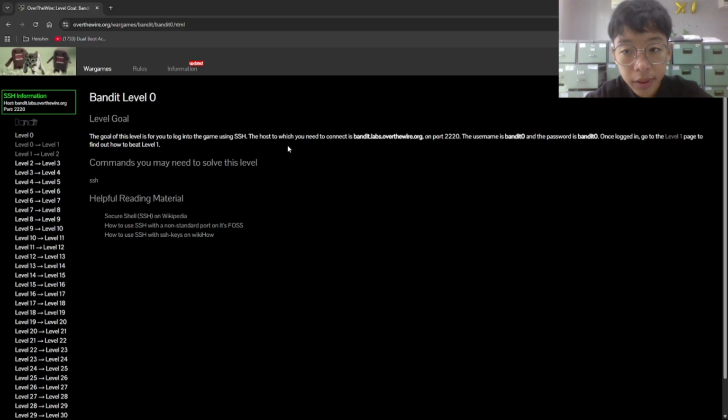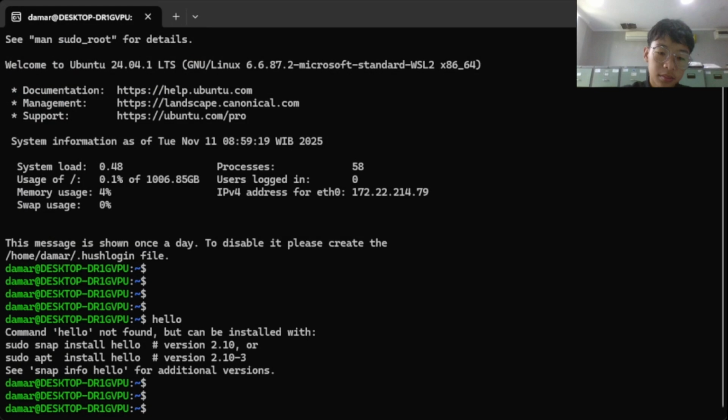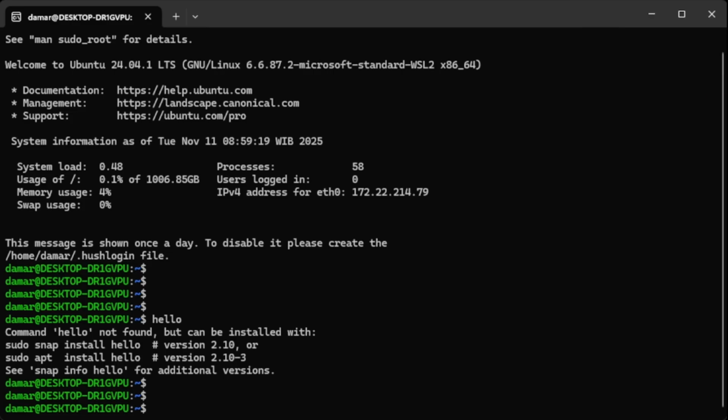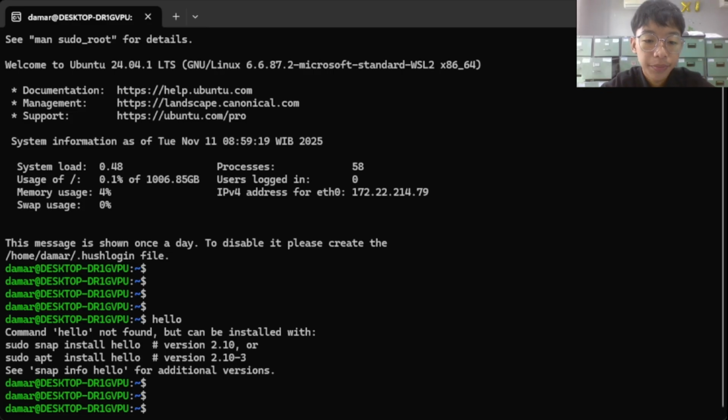So I already opened my terminal. If you are on Linux or macOS, you can just open the terminal app.